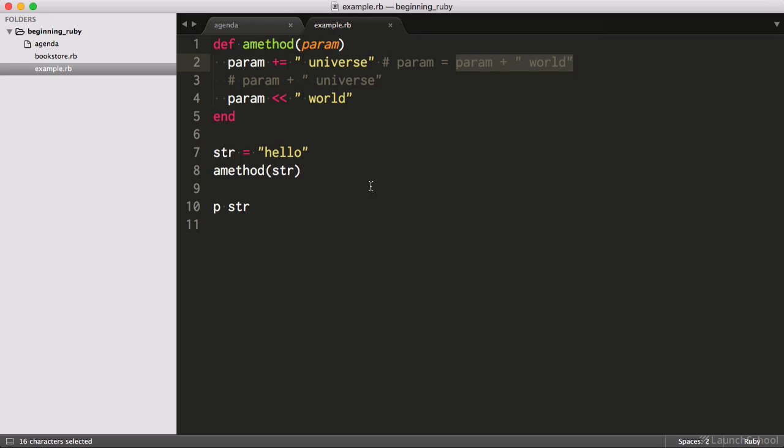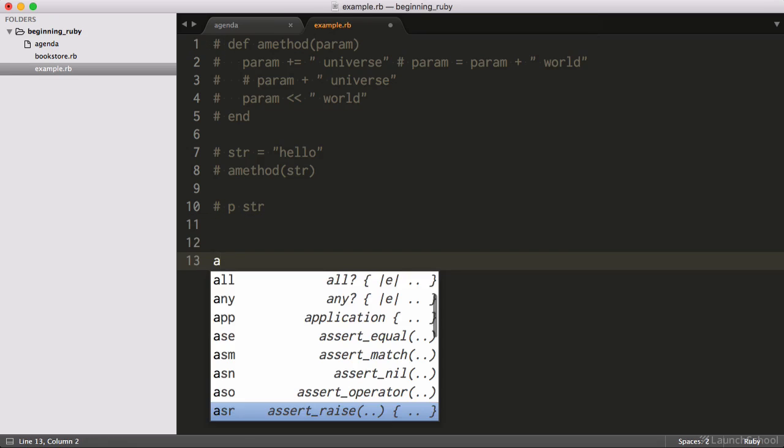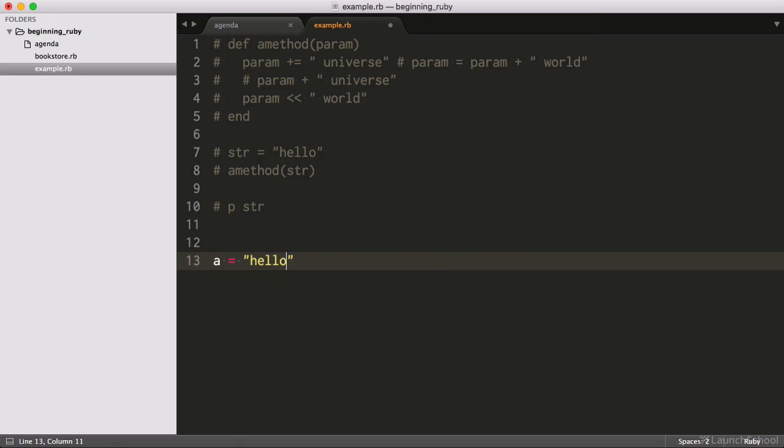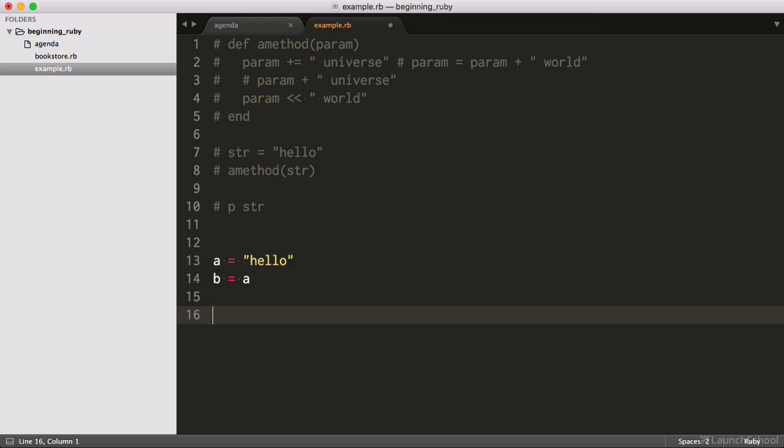All right, I want you to hold on to this thought for 1 second. I'm going to explain this idea of variables as pointers to objects, and this is really important to understand. So what do we have here? We have a local variable initialized to a string object, right? The object has the value hello. So b equals a. What do we have here now? In these 2 lines of code,